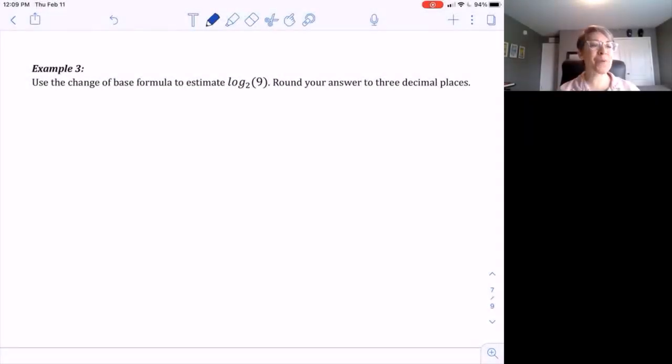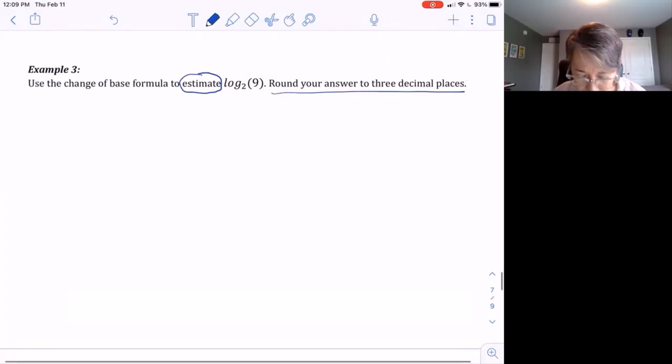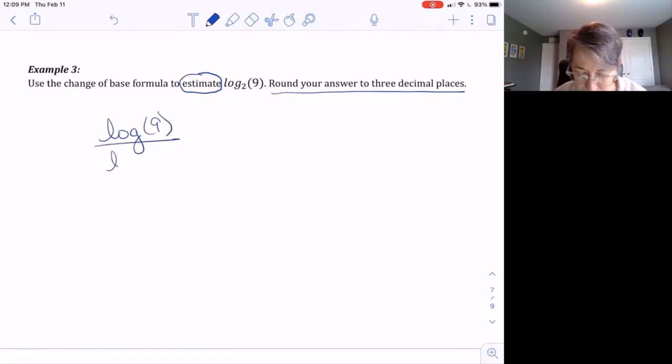In example 3, they want us to use the change of base formula to estimate, and there is a huge hint there, estimate log base 2 of 9, and then round your answer to 3 decimal places. The word estimate and round your answer is a hint we're going to be using our calculator, because there's no exponent of 2, a nice number that we know of anyway, that would give us 9. So in our calculators, we can put log of 9 divided by log of 2, and that would give us approximately